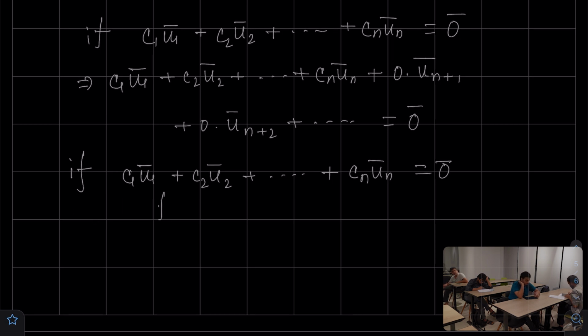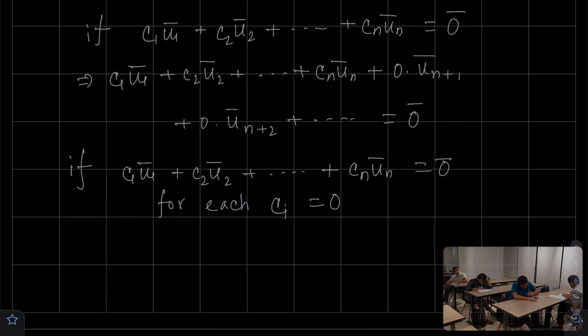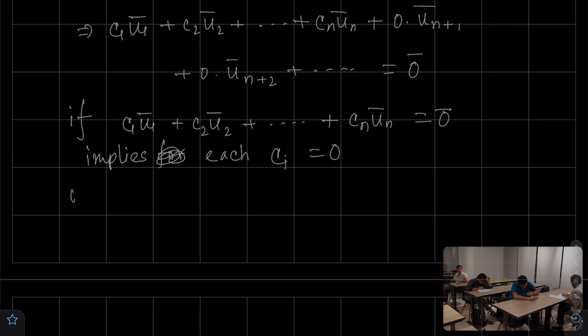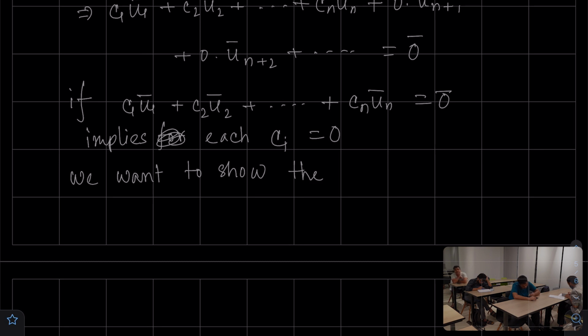Yeah, so write down: this is equal to 0 vector, this implies each ci equal to 0. Then I want to show